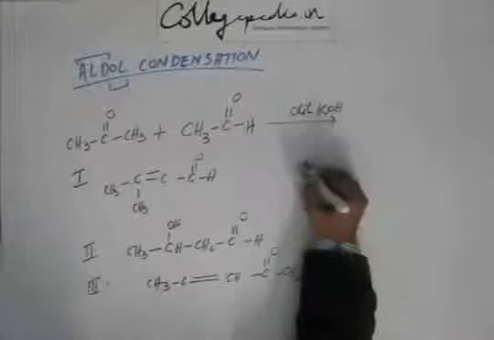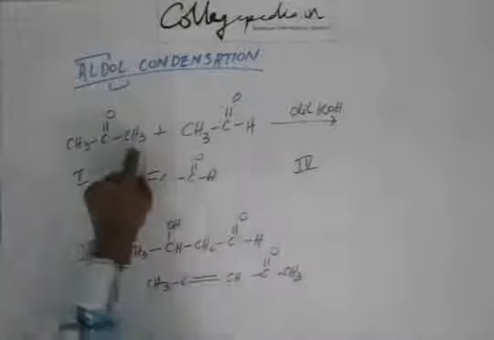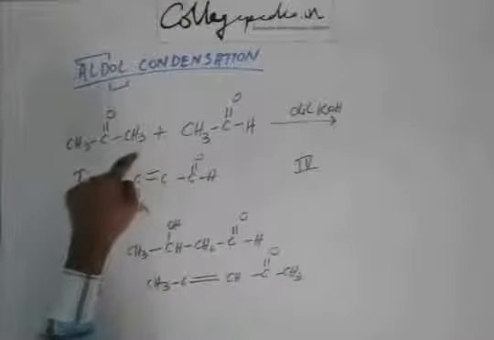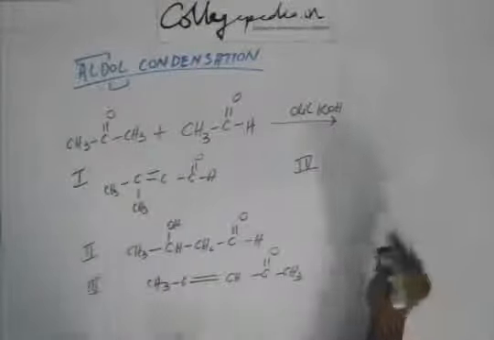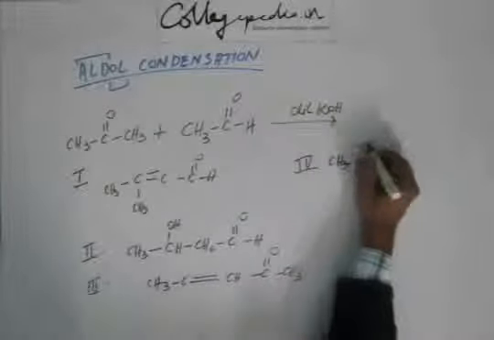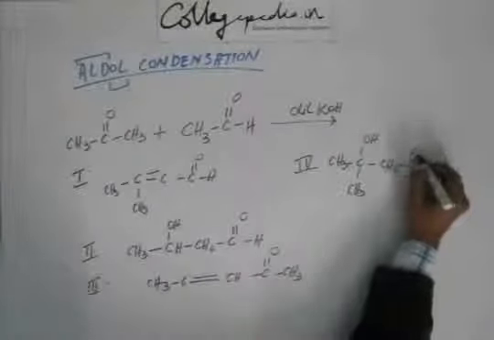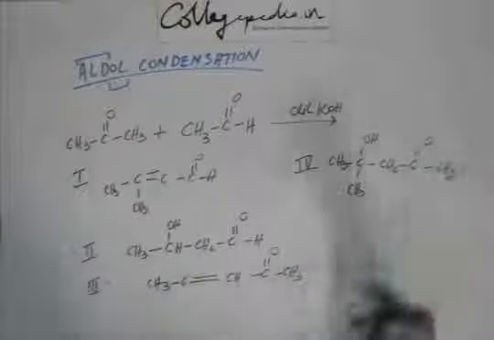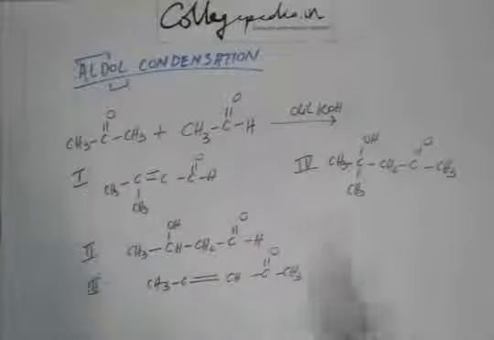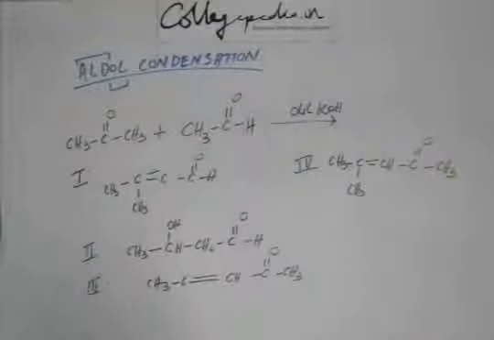Case number 4. When this base comes and abstracts a hydrogen from this carbon, and this acetone is going to attack itself. Itself meaning other unreacted acetone. So this is how the aldol or the ketol is going to look like. If they're asking you condensated product, condensate it, remove water. And this is the condensated product. So this is cross aldol condensation. Fine.